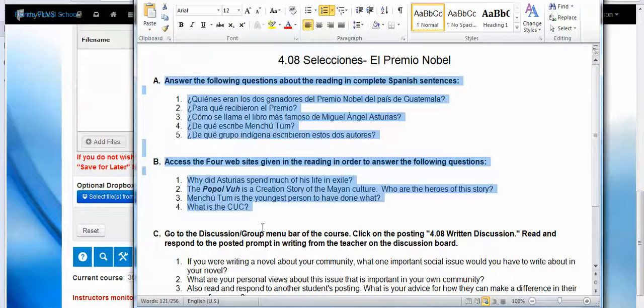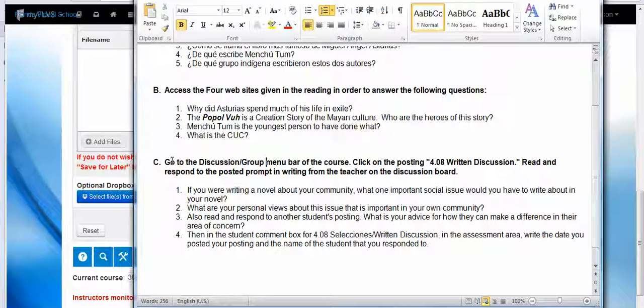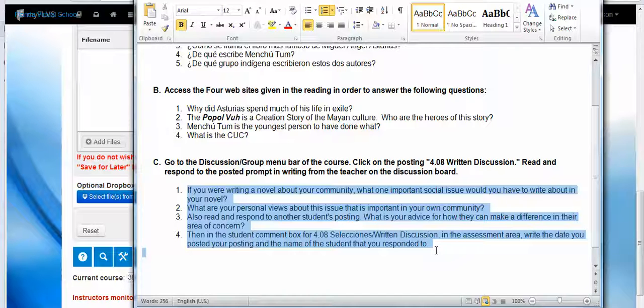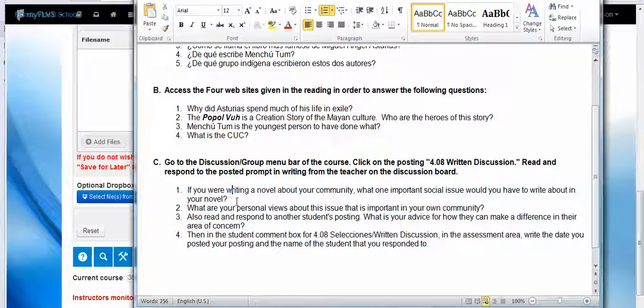And then for part C, it tells me to go to the discussion group, click on the posting 4.08 discussion, read and respond to the posted prompt in writing from the teacher on the discussion board. But basically all you want to do is answer these. So if you were writing a novel about your community, what one important social issue would you have to write about? And then you're going to answer parts 1 and part 2, and then you're also going to read and respond to another student's. So you can answer parts 1, 2, and 3 right here,